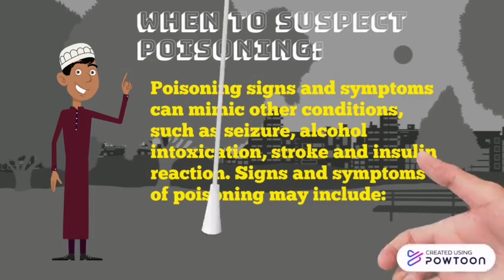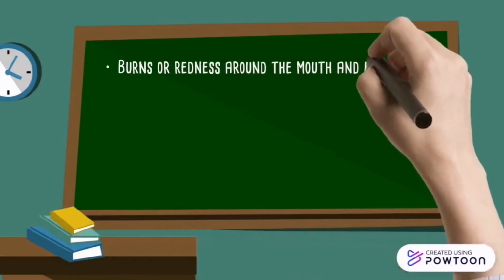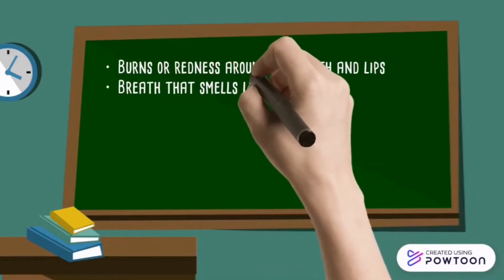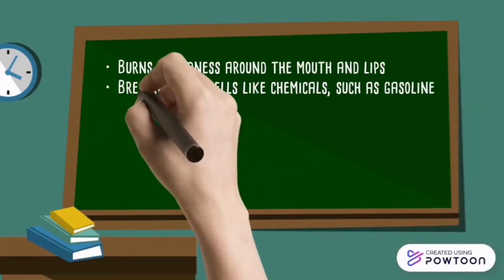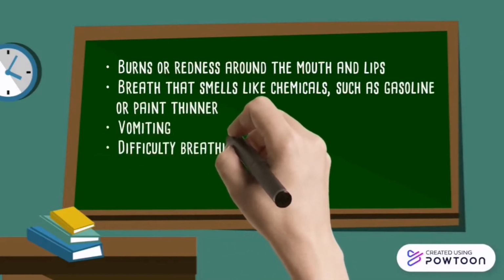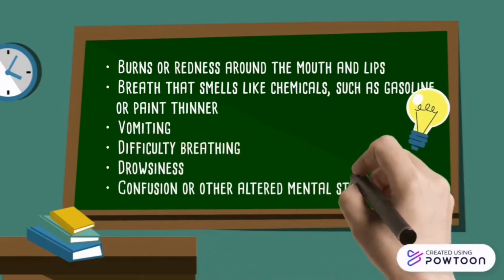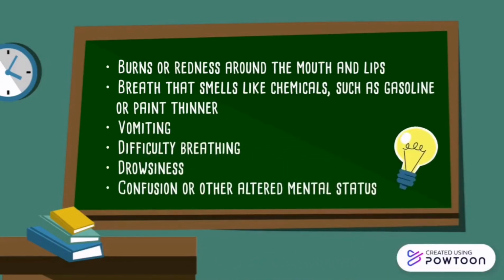Signs and symptoms of poisoning may include burns or redness around the mouth and lips, breath that smells like chemicals such as gasoline or paint thinner, vomiting, difficulty breathing, drowsiness, and confusion or other